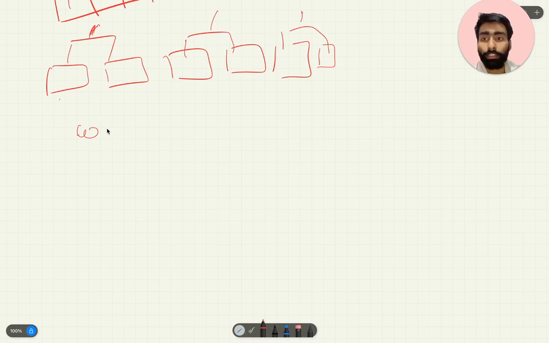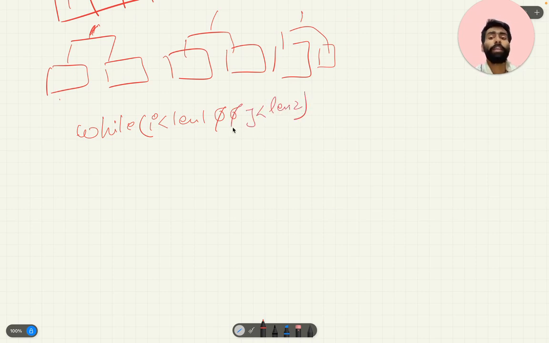Here we will need to run the loop, so we will use a while loop, meaning while both of them exist, not any one. Because if only one exists, then we will directly add that to the array, else we will compare which one exists.